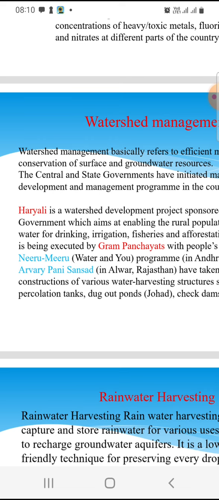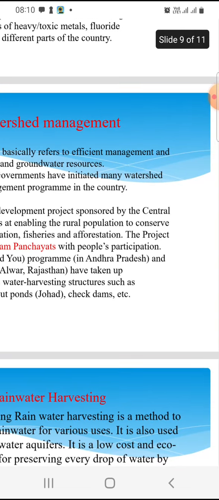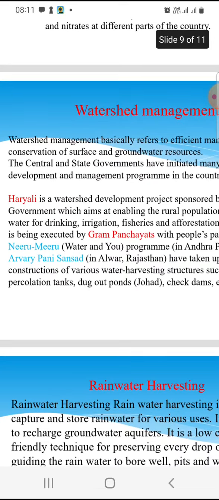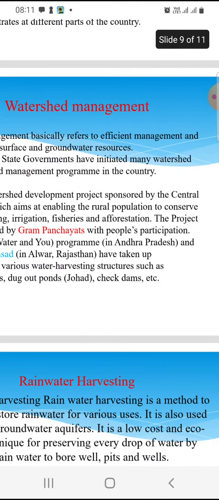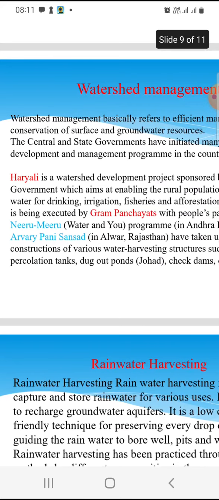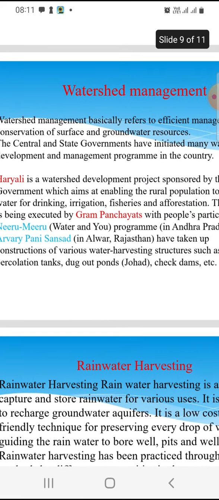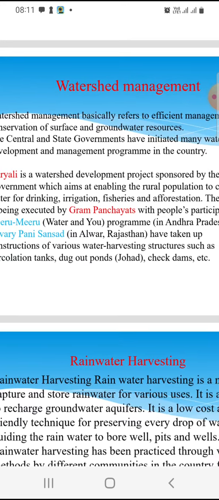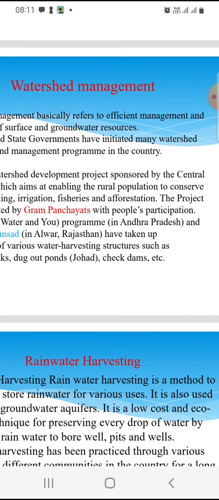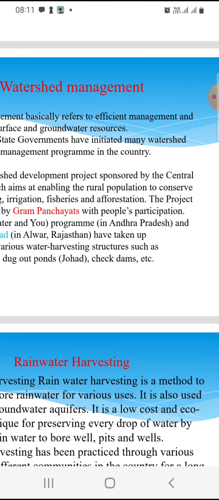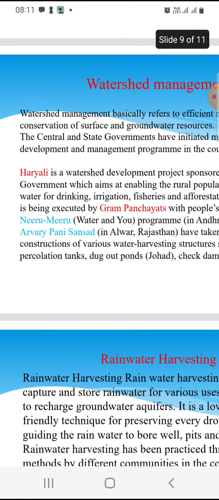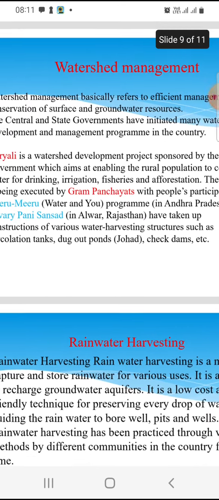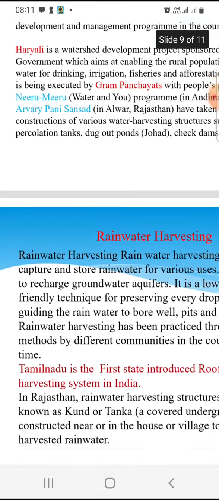Watershed development projects are sponsored by the central government, aiming to enable the rural population to conserve water for drinking, irrigation, fisheries, and afforestation. The projects are executed by the Gram Panchayat with people's participation, like Neeru Meeru in Andhra Pradesh and Arvari Pani Sansad in Rajasthan. These were introduced by the central government.